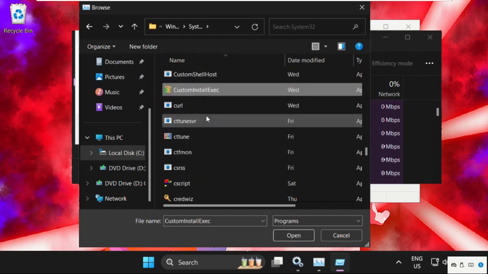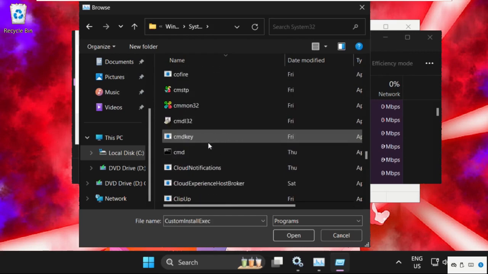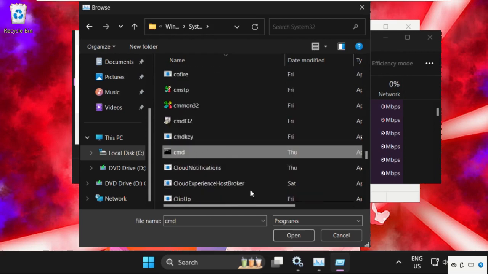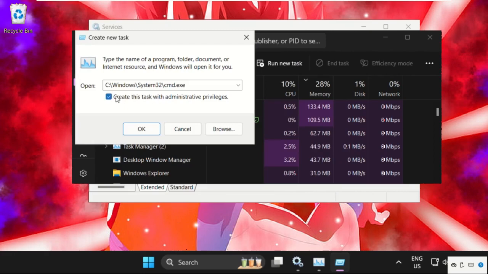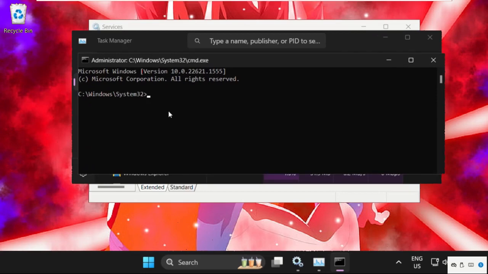Again scroll down and find out cmd.exe. So here it is. Simply select it and click on open. Now check this box and this will be our main path: C drive, Windows folder, system32, cmd.exe. Then click on OK. And from here we need to execute the command sfc